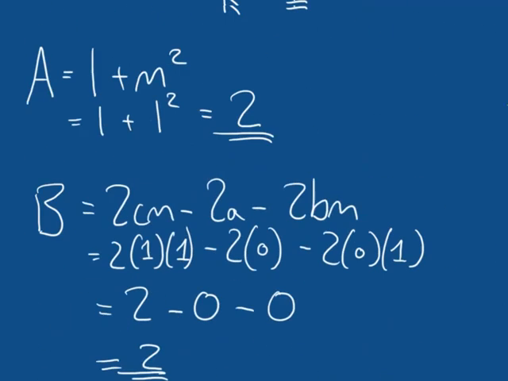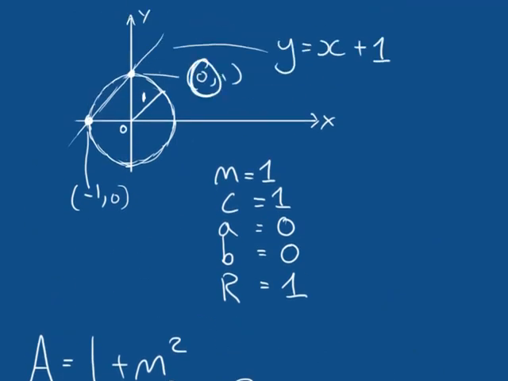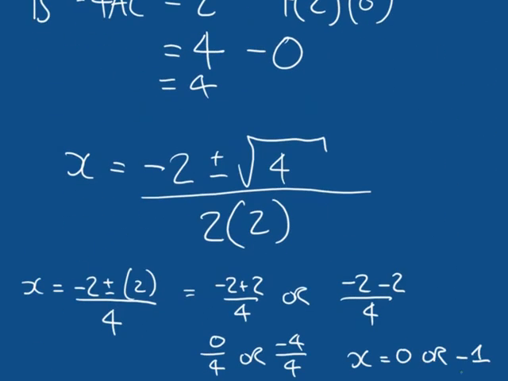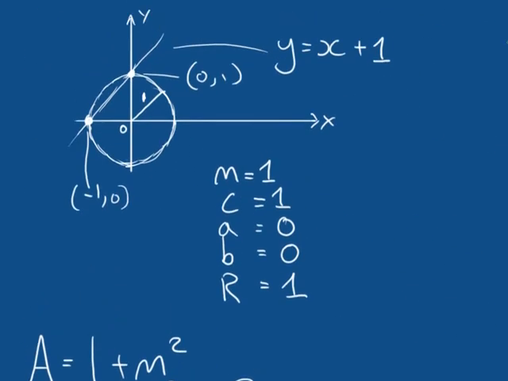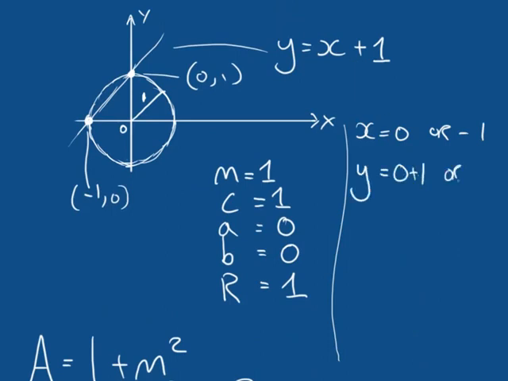If we jump back up to our problem, x was equal to 0 or minus 1. Fantastic. So we found our x coordinates. Now, rather than jumping to a new whiteboard, I'm going to cheat a little bit and just continue up here. We plug those back into our line equation. That means y is going to be equal to 0 plus 1 or minus 1 plus 1, which means y is equal to 1, or it's equal to 0, which gives us the point of intersection as 0, 1,